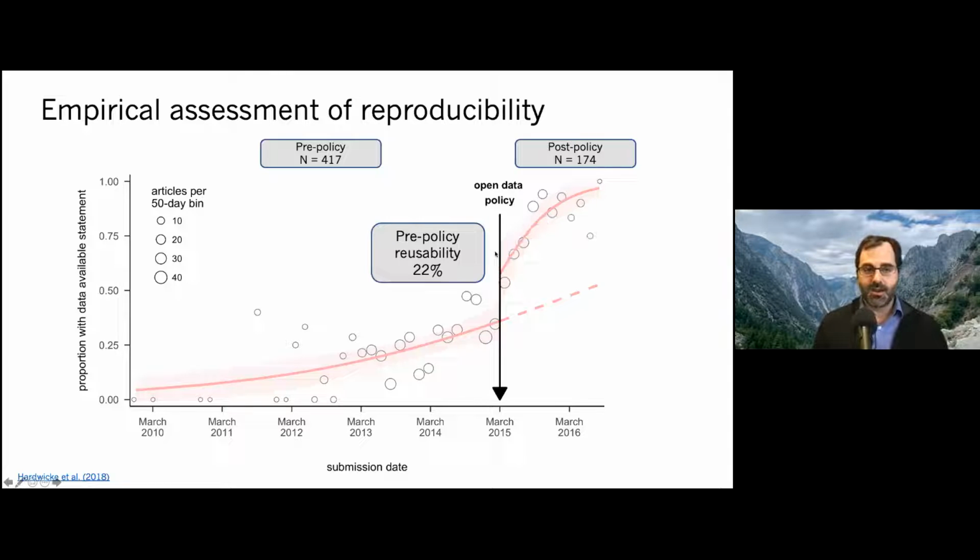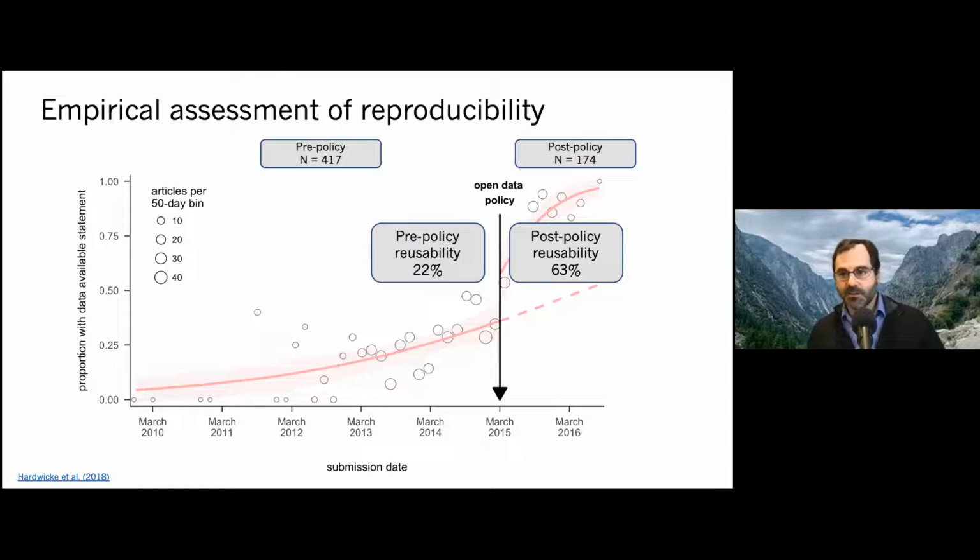There was also a bit of a delay in policy adoption, so compliance wasn't perfect despite the mandate, despite the system requiring upload of data and so forth. Still, for a number of papers the associate editors just didn't check. The data never got uploaded and so forth. So the policy did boost the outcome, and it seemed to do so more than for comparable journals in a kind of informal analysis that we did. But some kind of compliance checking was necessary here.